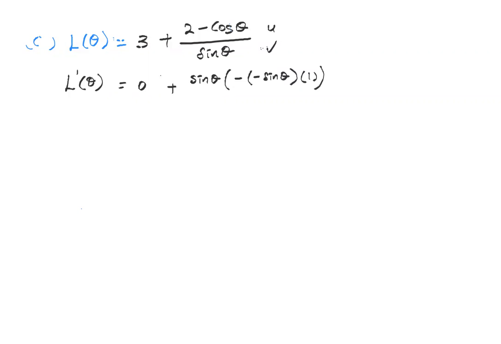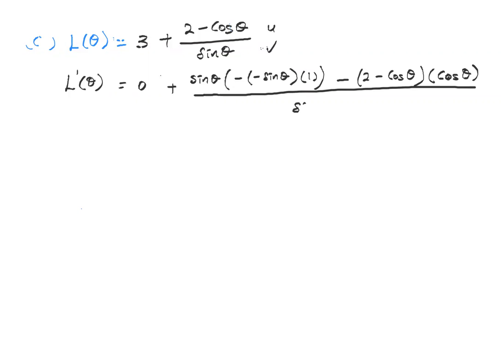Take away U V prime. The whole thing divided by V squared. If you don't want, you write like that. It's okay, so that you are comfortable. Okay, so then you equal to